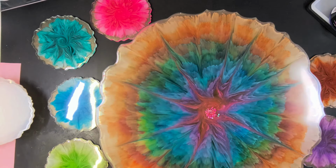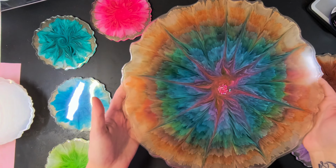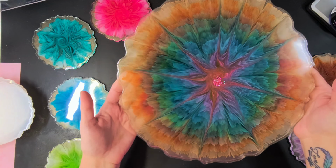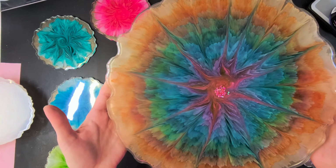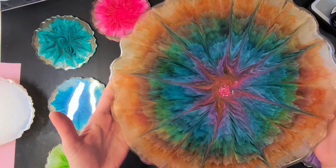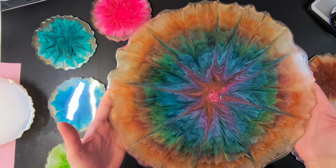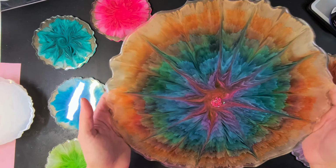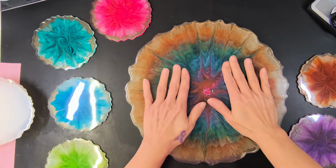Let me move these out of the way. Gorgeous. That's like almost perfect bloom. It went straight clear out to the edges. Wow. That's probably one of my favorite blooms. Beautiful. So I'll get a top coat on it, get some handles on it, and I will get, it's still